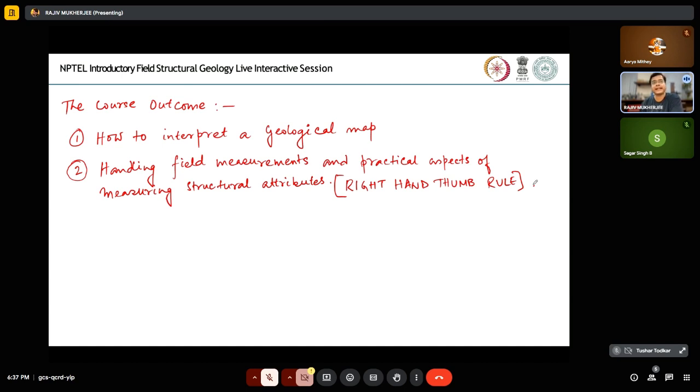Right? So for taking measurements, you have to first identify the features, right? So say for example,